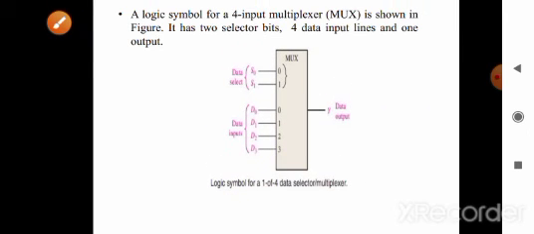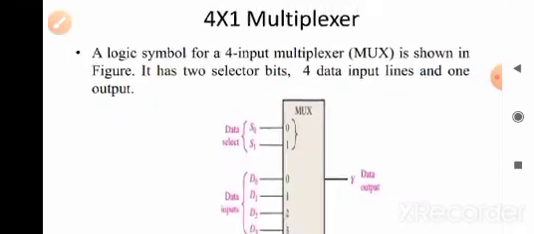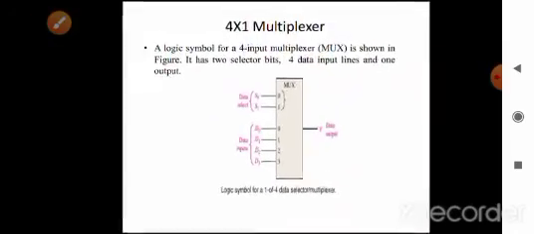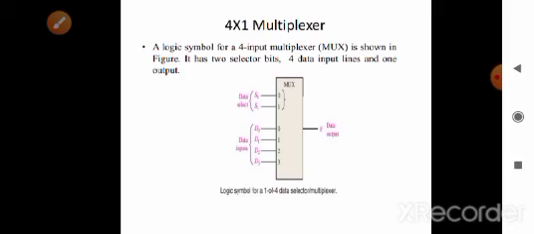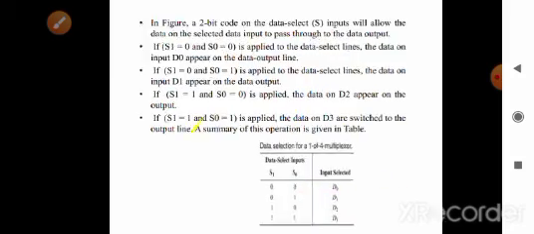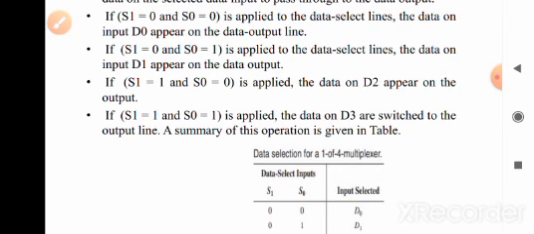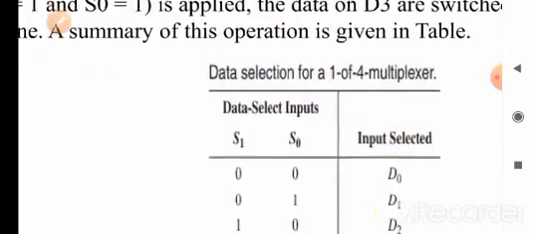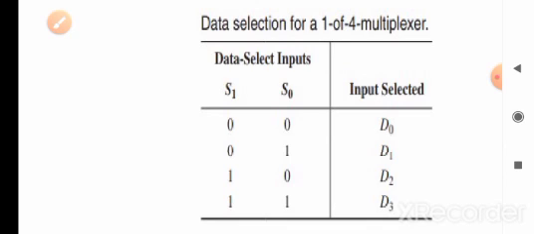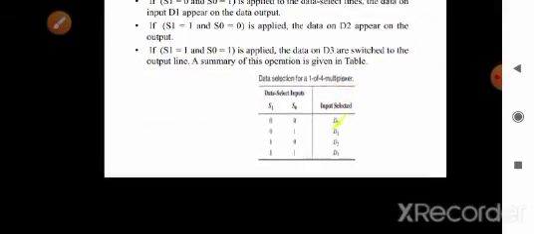So similarly, that type of data select lines we call as S0 and S1. So the data select lines form a very important part in a multiplexer. In the figure, if 0 0 is applied into the data select lines, data on the input D0 appears on the data output line. So you see here, when it is 0 0, the input selected will be D0, when 0 1, D1, 1 0, D2, and 1 1, D3. So these are all things, and